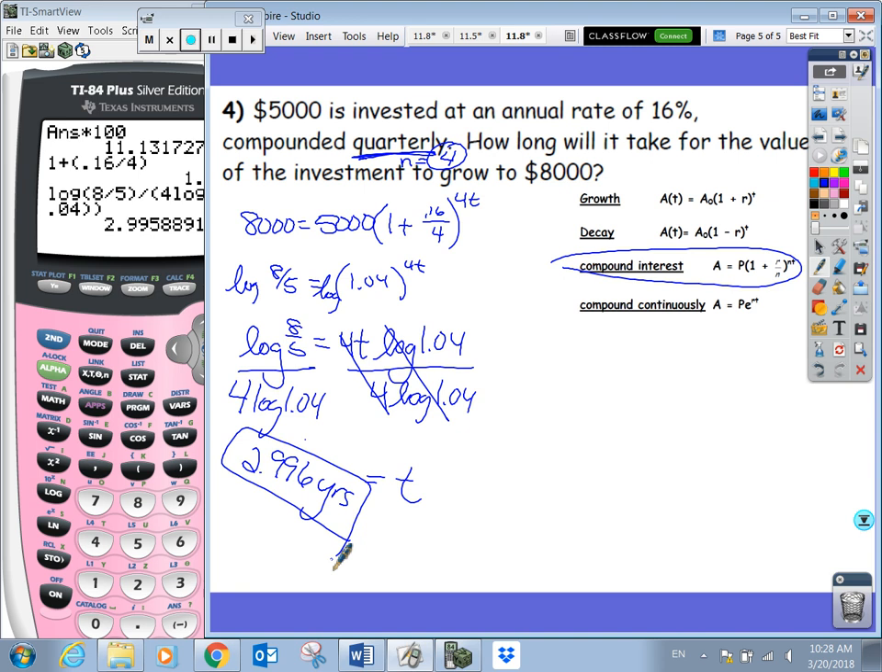So notice it doesn't tell you years in the problem. You have to know that time is years in these problems. That is something you are